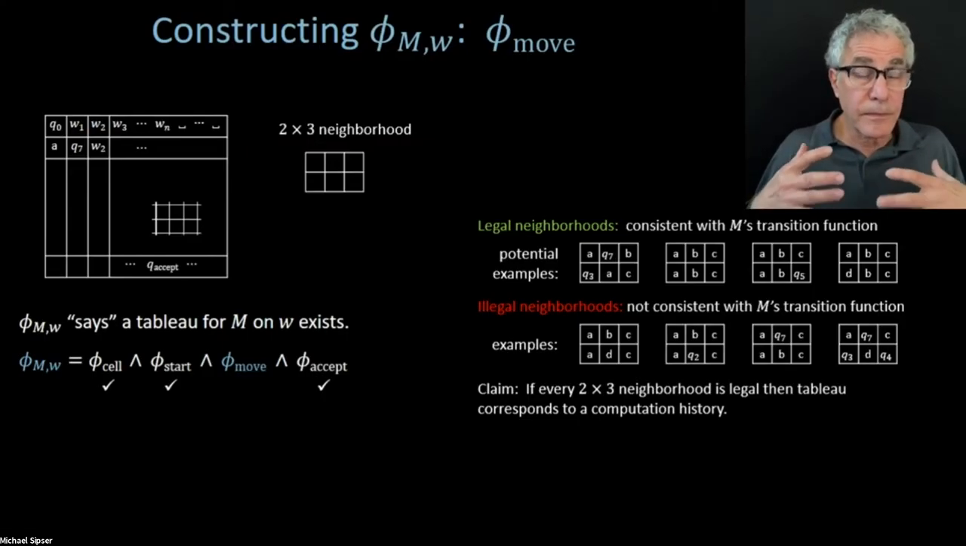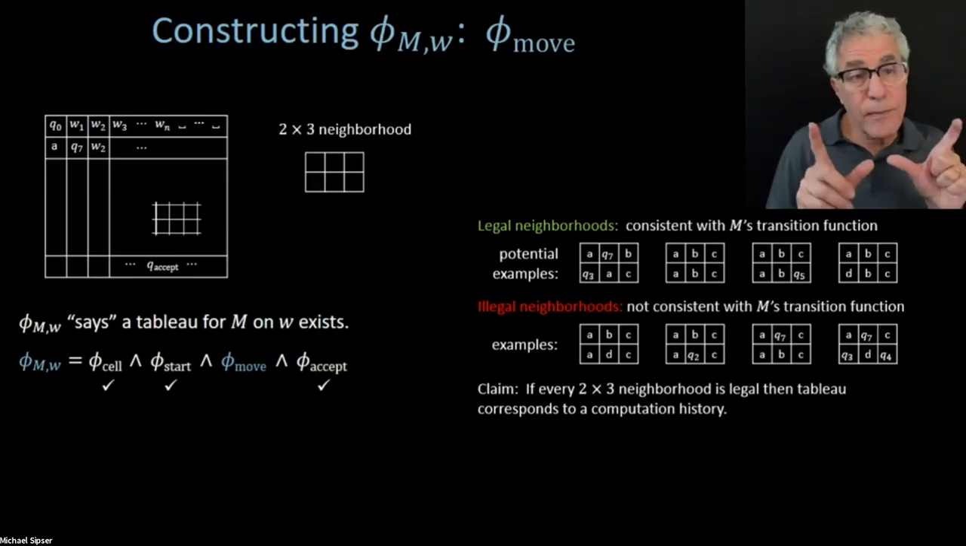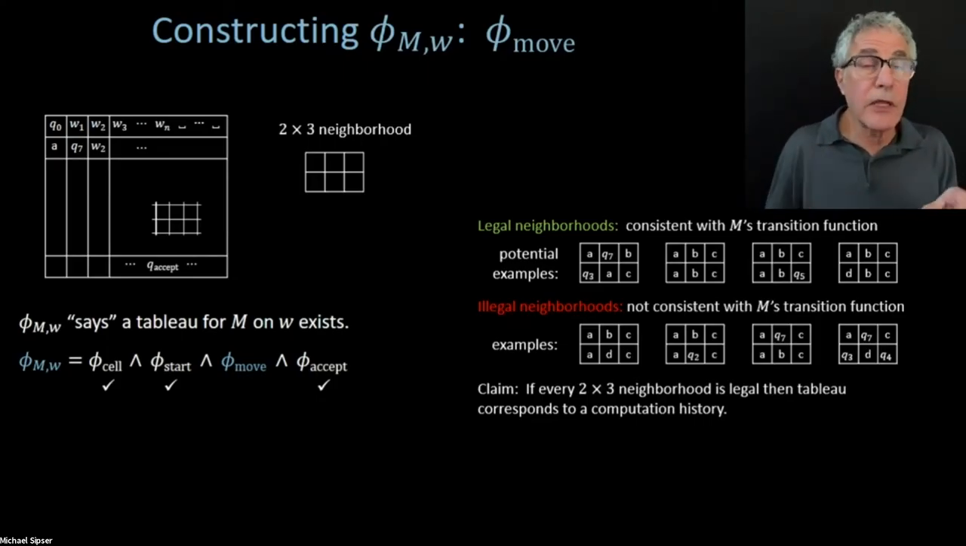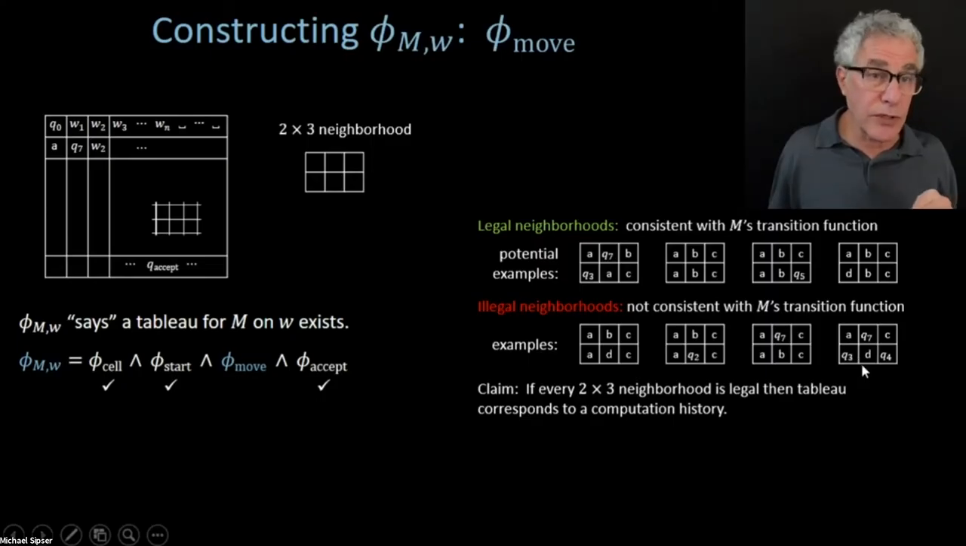But if you have a 2 by 3 neighborhood, it's big enough to prevent this situation from occurring. And then you can check the details. And I think it's very plausible that it guarantees that the overall Tableau is legitimate if all of the 2x3 neighborhoods are legal. Okay, and so that's what we're going to turn into a